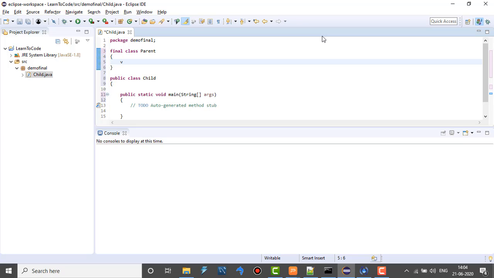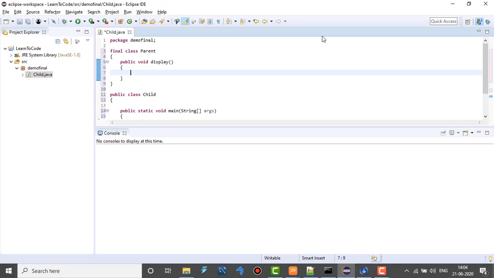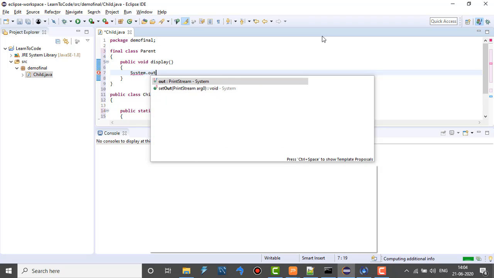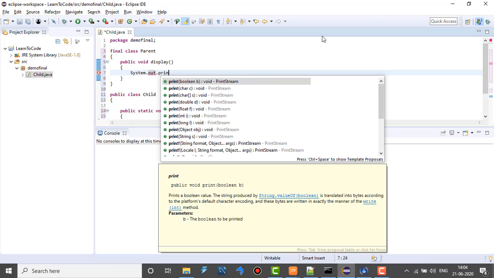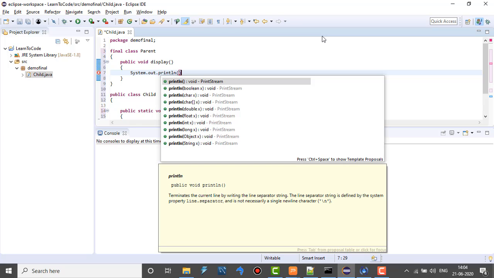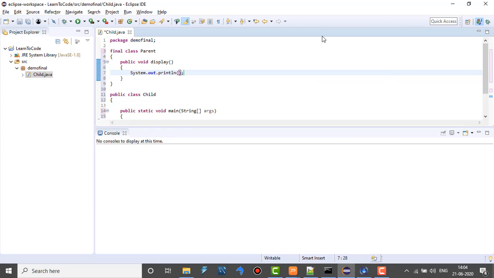Within this class I'll define a method public void display, and I'll give the implementation System.out.println, which is our method to print something on the console. This is the parent class. Now this is the parent class, which is final.